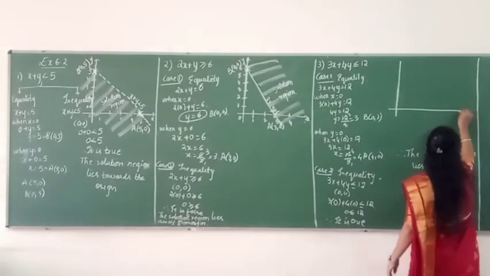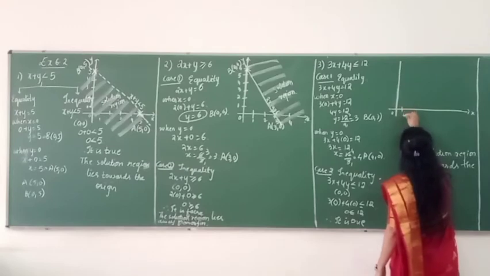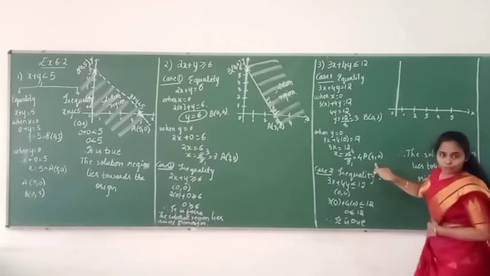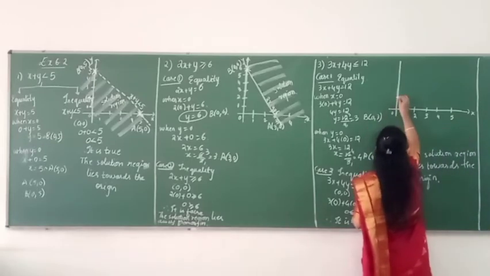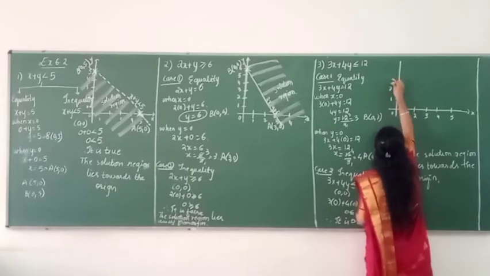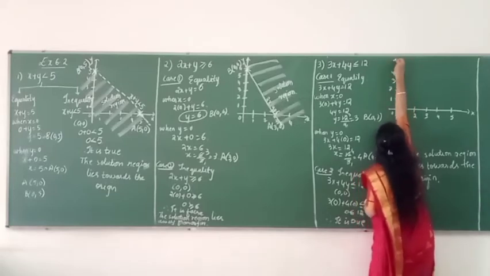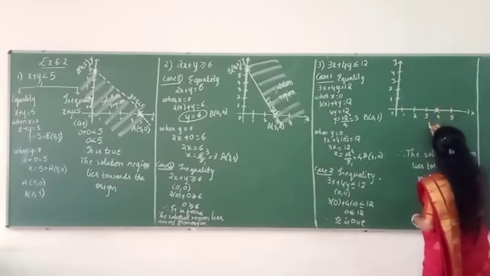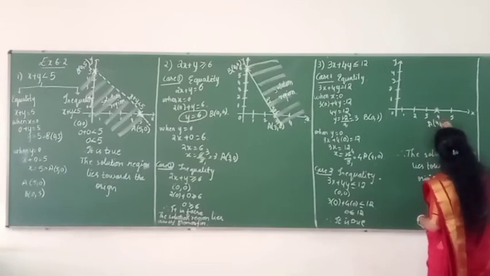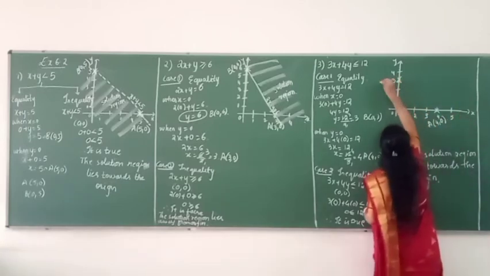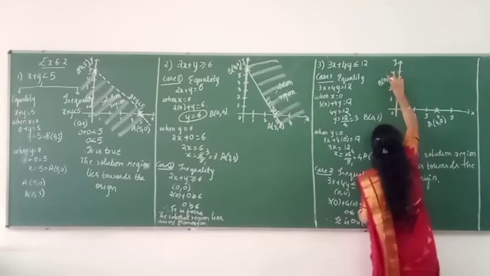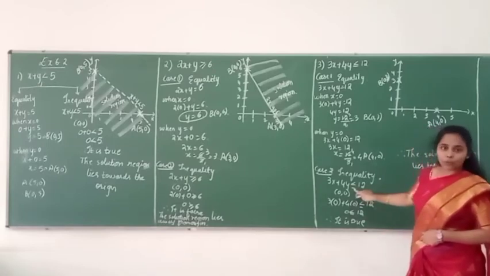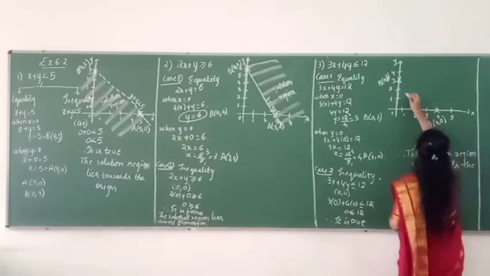Point A, what we are having on the x-axis? 1, 2, 3, 4 and 5, because here we have 4. Next, B we have 3. So 1, 2, 3. This is your y-axis. Just plot the points. So the first one will be A is 4 comma 0. Next B is nothing but 0 comma 4, sorry, 0 comma 3. Now just check. Here it is less than or equal to. So when it is less than or equal to, it will be a bonded line.